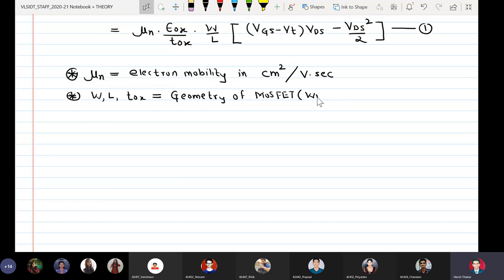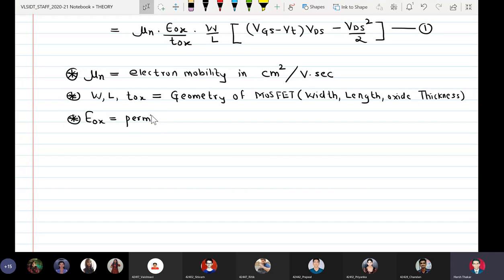Specifically width, length, oxide thickness. Epsilon ox